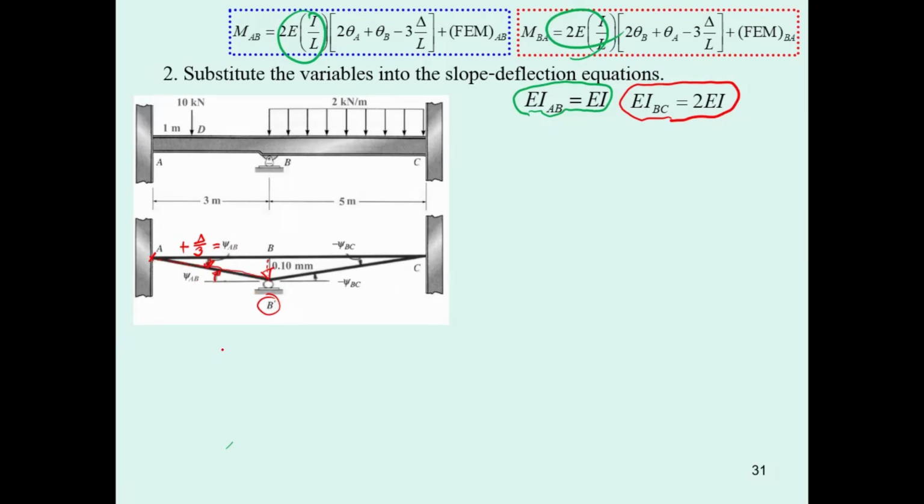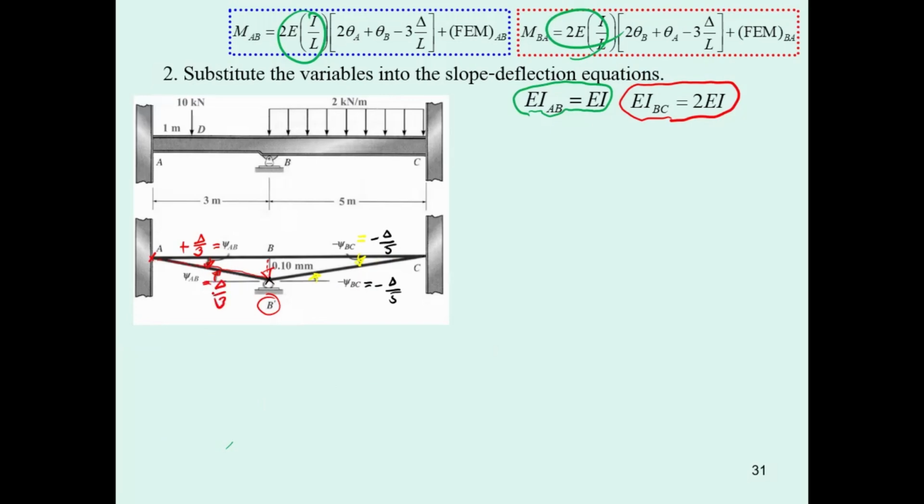Okay. And then you draw the straight line from B prime to C. And you may note on this one, this is going to be counterclockwise rotation. So this is going to be minus delta over 5. And this one is going to be minus delta over 5. The opposite angles, they are equal. And this one is going to be delta over 3.